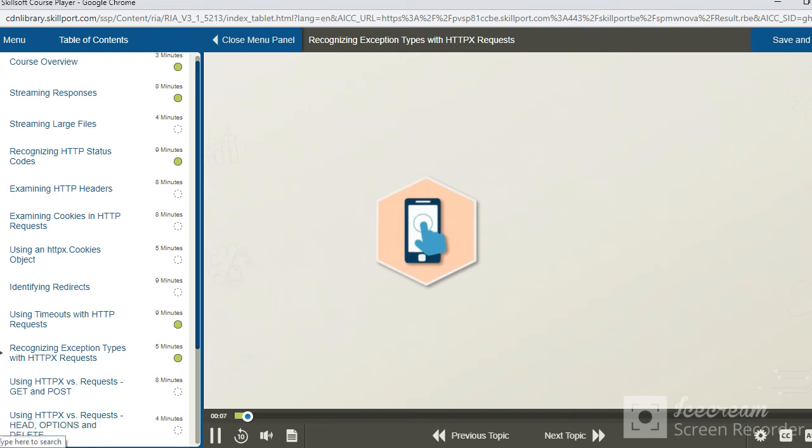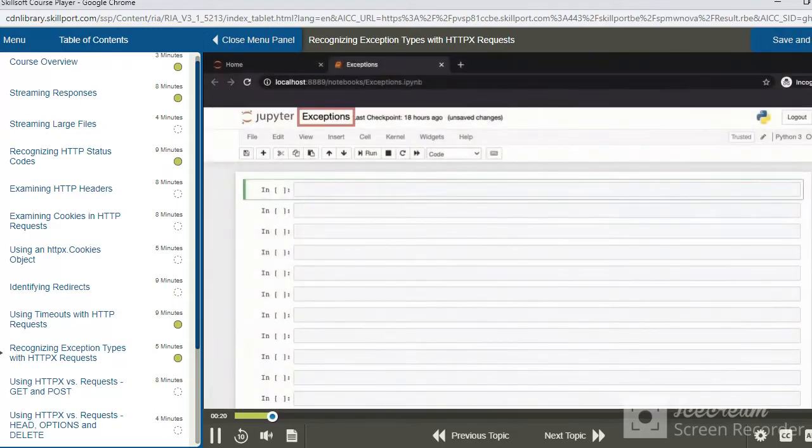We will focus on some of the different types of exceptions which can be raised when issuing HTTP requests using the HTTPX library, and also a few options with regards to how those can be handled. I have created a new Jupyter notebook called exceptions for this, and once we import HTTPX into our code, it